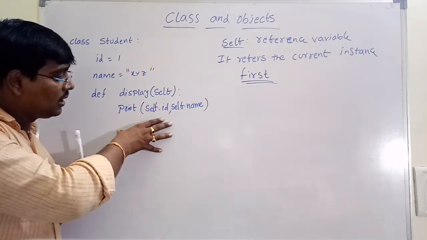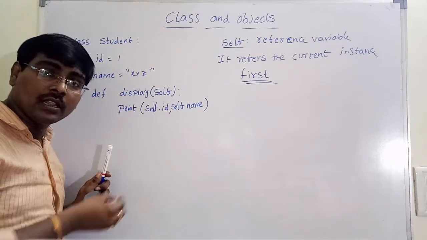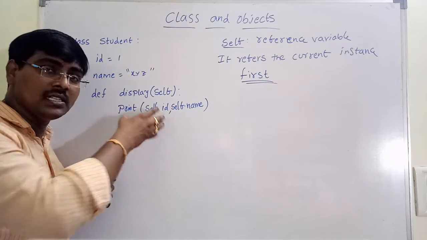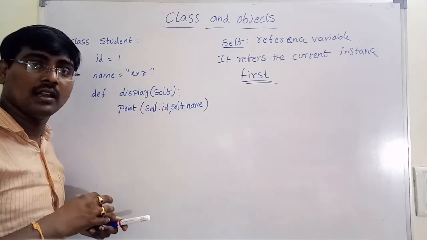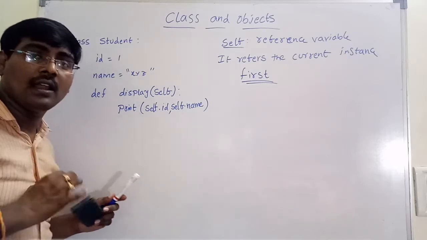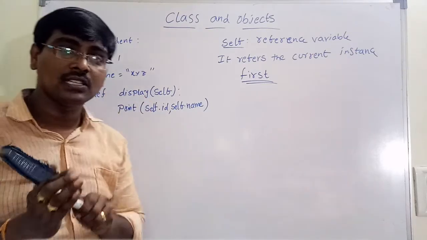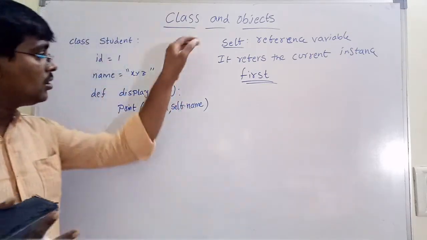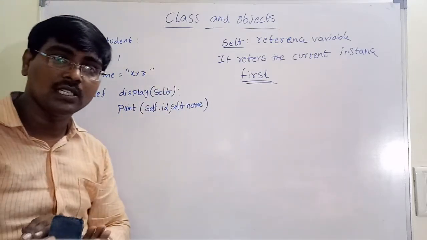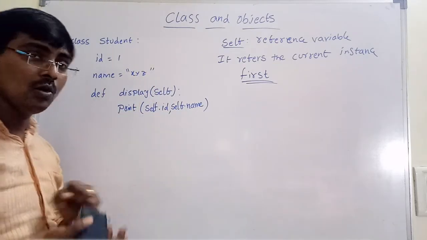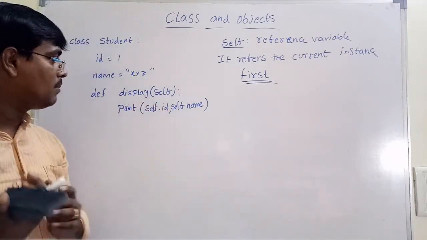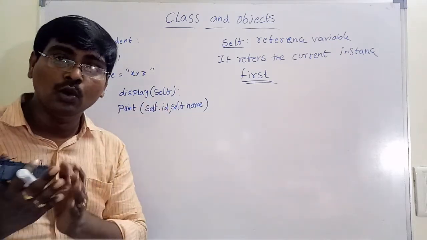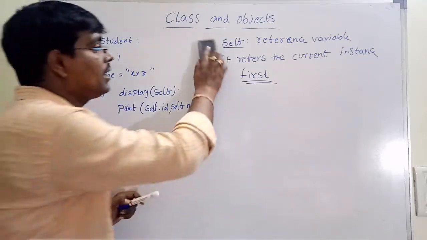Now after creation of a class, to access the members inside a method or inside another class, we need to create an object. Once the class creation is completed, simply creating a class is of no use. You must access the members of a class. What is the procedure? To access the members of a class, you need to create an object.